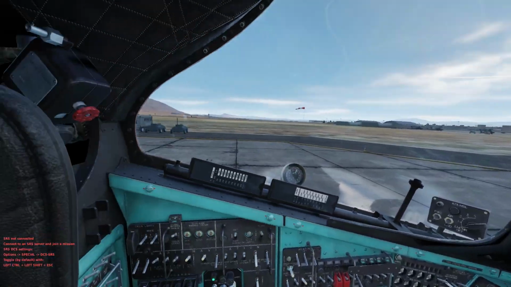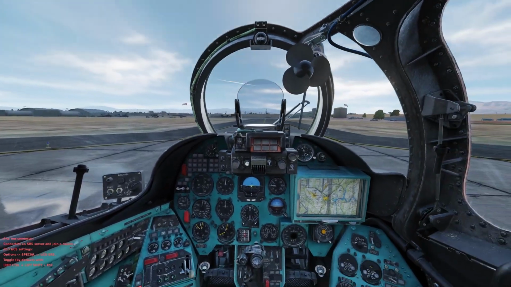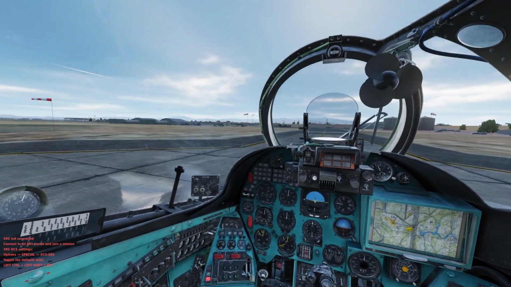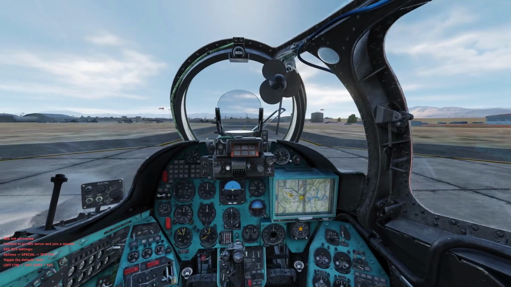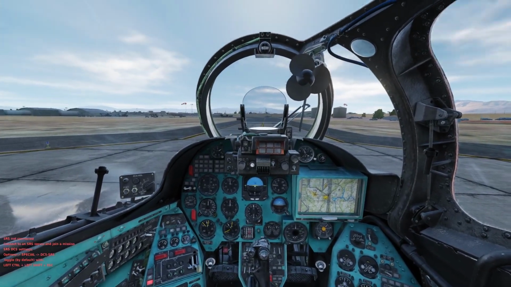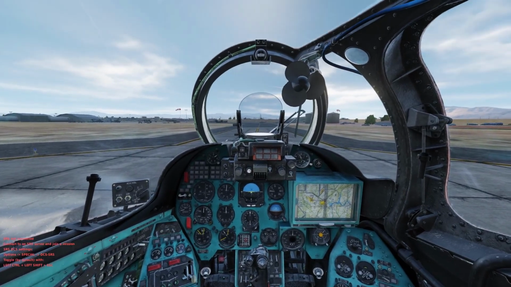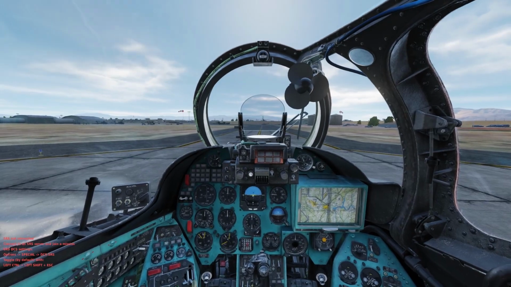We're on the wonderful Nevada Test and Training Range map, Nellis Air Force Base, the north-eastern side of the field on one of the helicopter pads surrounded by windsocks. Why are we surrounded by windsocks? I have been asked to do a video on why people are going round and round in the Hind, especially at high gross weights. So at the moment we've got about a 2 metre per second wind